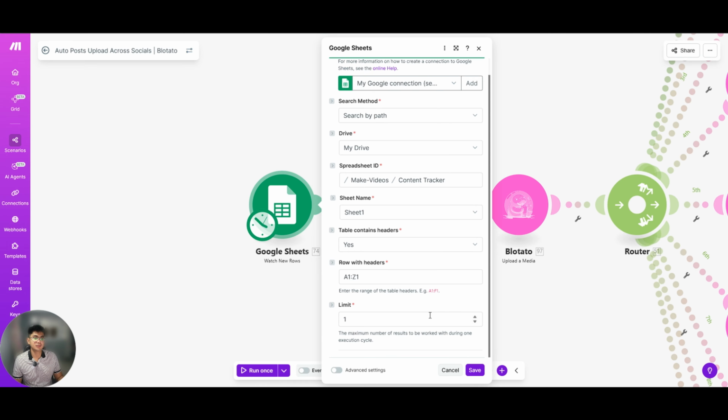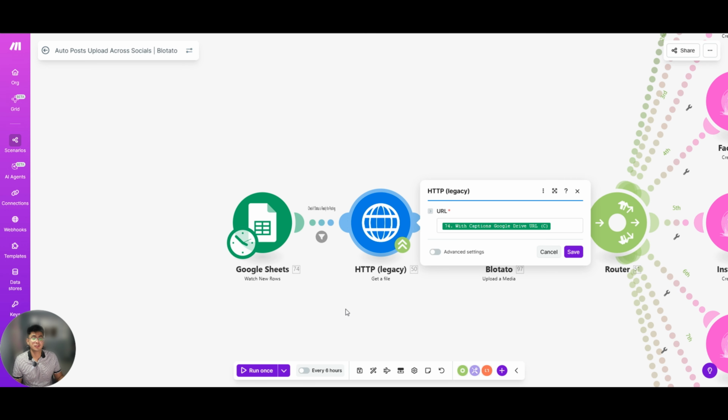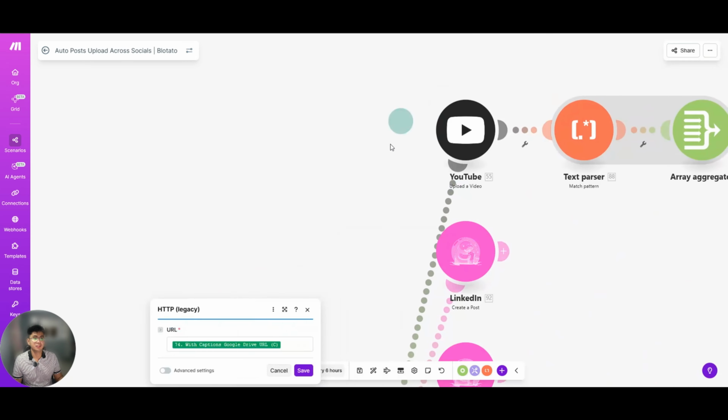So this is the format, and then next is this HTTP module that grabs the actual media file from the Google Drive URL in the sheet. So we can use it to upload the downloaded video to the YouTube Upload a Video module, which sits here.